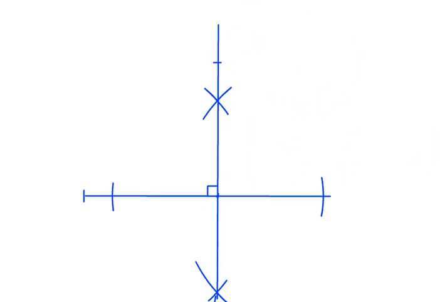Now the final part is actually quite simple. I can open my compass up to 4 centimeters, and I know what that length is. It's here. It's from there to there. And I'm going to go to my first point, or second point, sorry, and draw an arc. Draw an arc like that. And I can repeat that from my first point and draw that around,